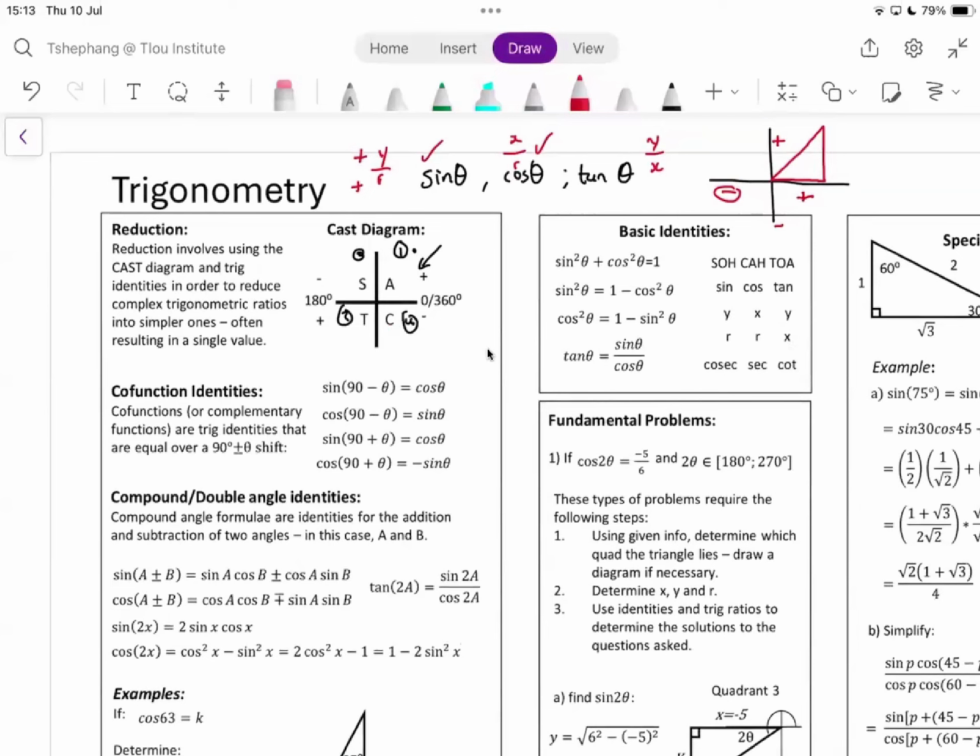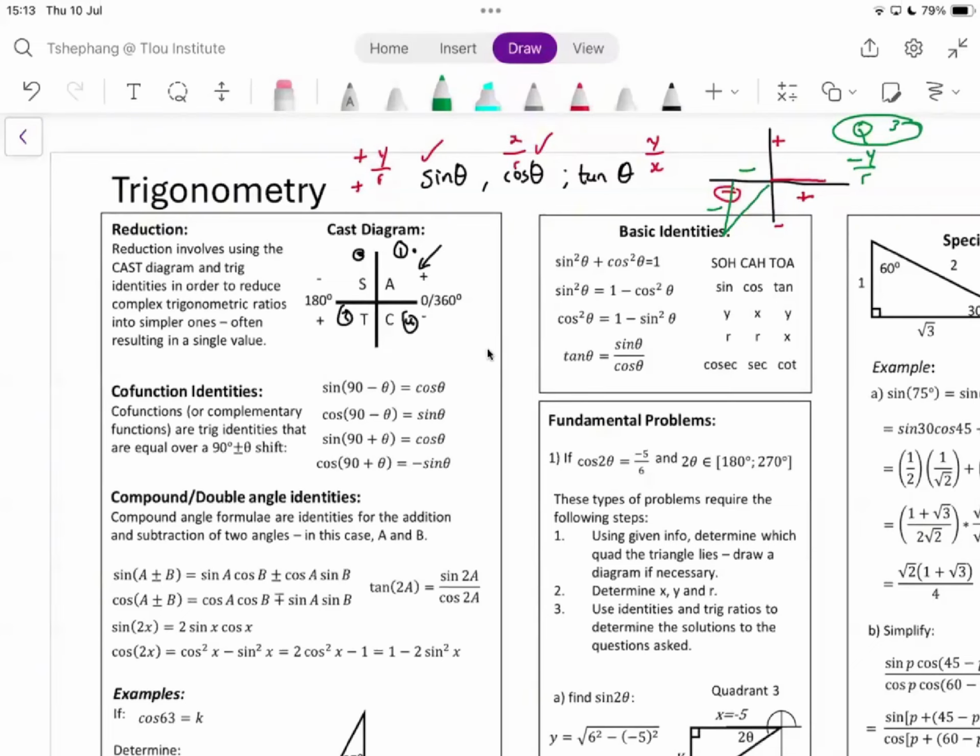Now, doing only one, let me do the third quadrant, the tan quadrant. Why is it only tan that's positive in the third quadrant? Let me just draw a triangle like that. We know that the y values here are negative, the x values are negative. Now, if we said sine in that quadrant, remember I'm in quadrant 3, so Q3, sine is the y value, which is negative, and r is positive.